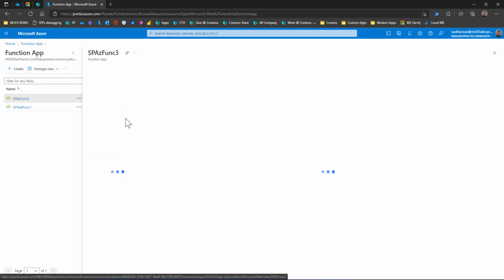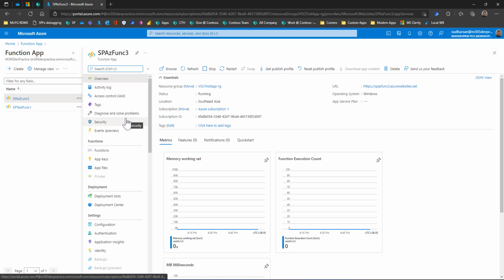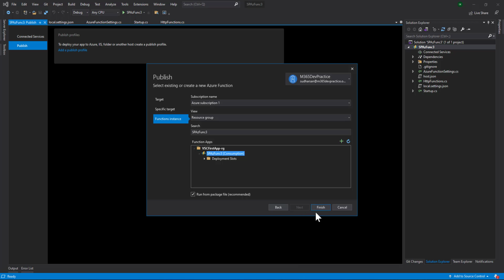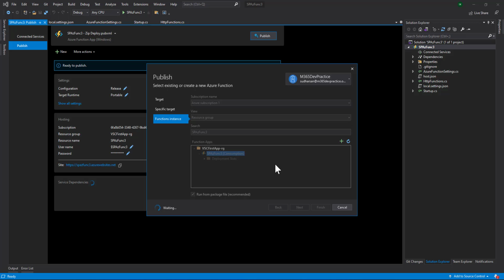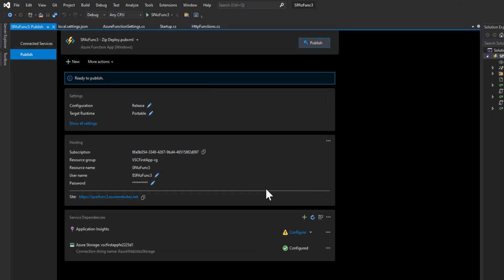So the function app is created. Okay, now let us go and finish it. I'll click finish. Now it will get all the information, and then it will provide us with a list of information, whichever we configured and created, for us to publish the function.